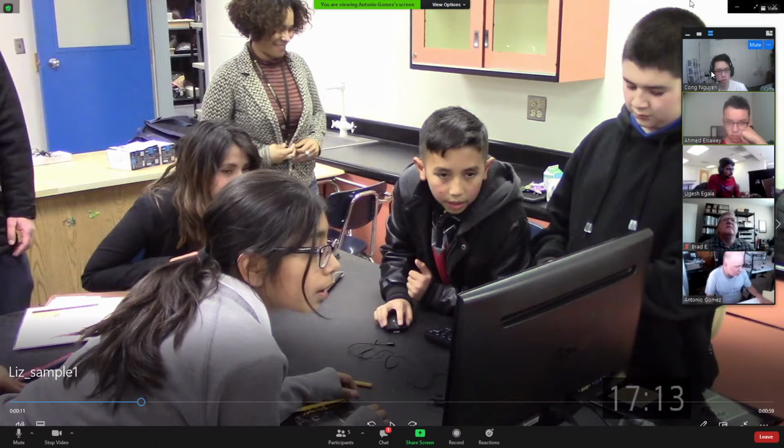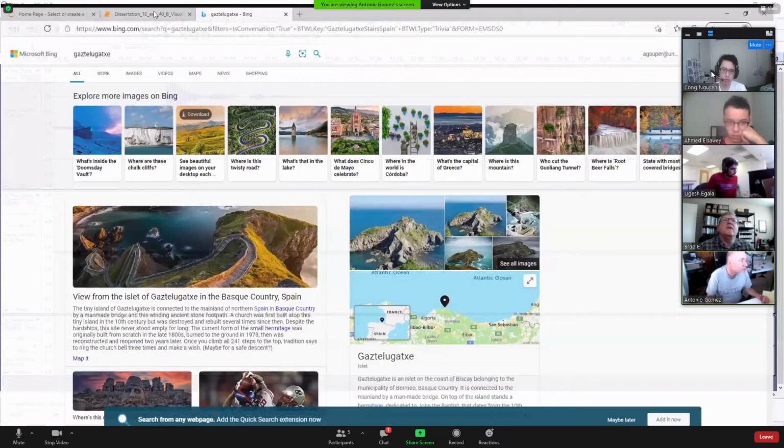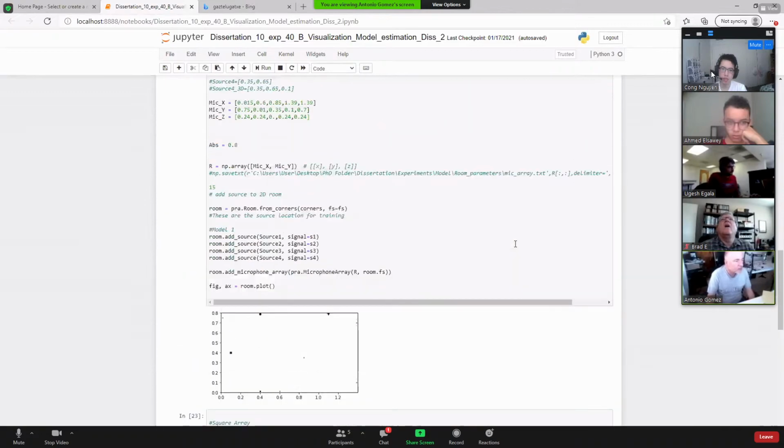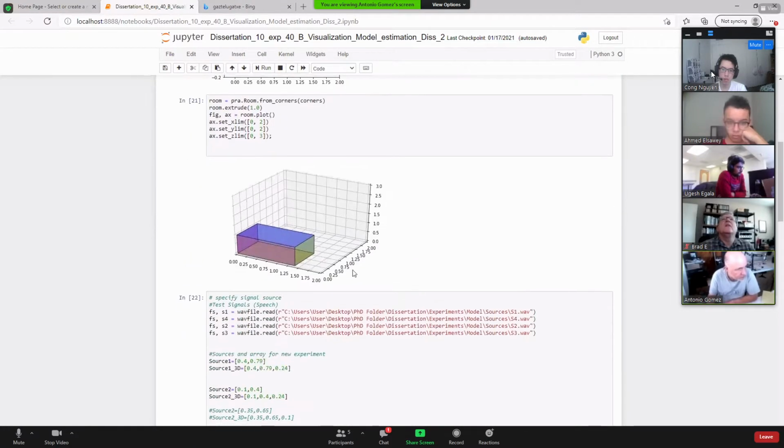Let me see if I can get it. Okay. So you see here I simulated the size of the table, the size of the room, but not the whole room, just something that is enclosed.